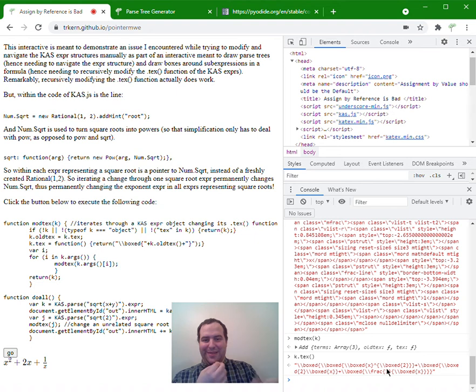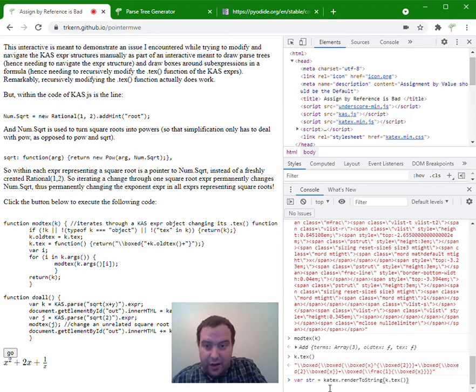Oh, that's really neat. Okay. So anyway, what I did was I went and I recursively added these boxed things. And again, boxed is just LaTeX code that's going to put a box around everything. So what we can then do is we can do this again. We can take